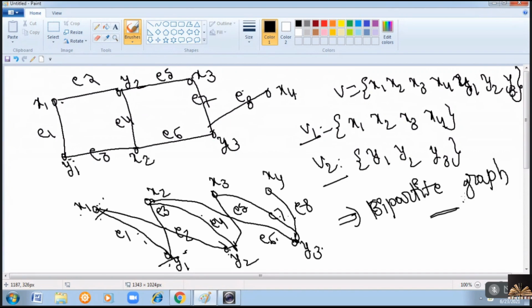So to make it easy to check whether it is bipartite or not, how can you say it? A simple graph can be said to be a bipartite graph if and only if it is possible to assign one of two different colors. Remember, one of two different colors. That means a maximum of two colors you have to use. If you are able to assign one of two different colors to each vertex of the graph, such that no two adjacent vertices are colored with the same color.